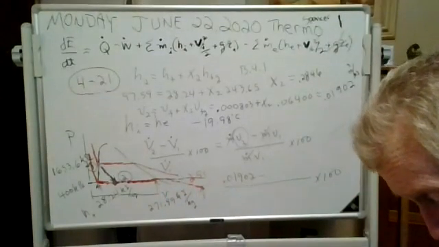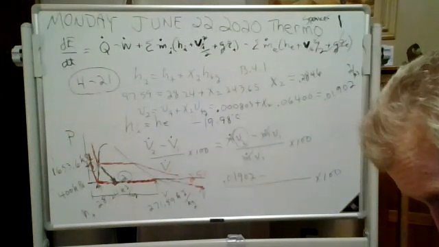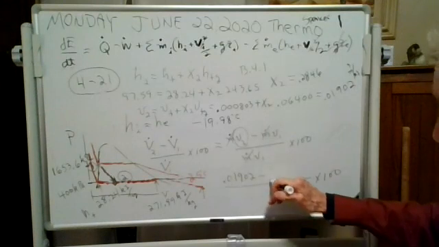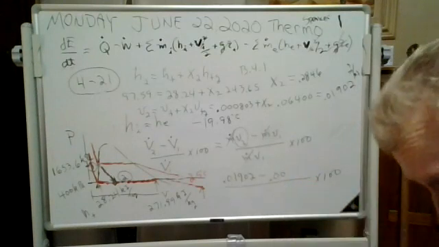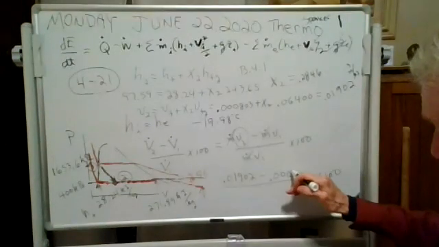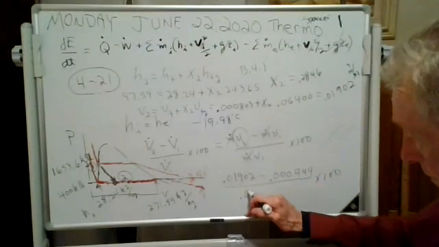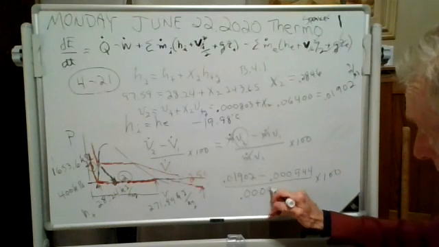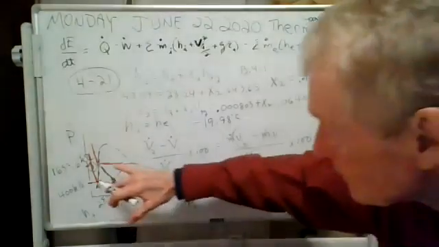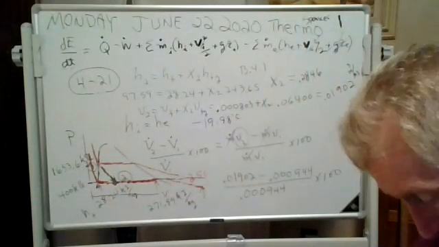And at state 1, it's 0.000944. There we go. See, it's state 1, the specific volume at 25 degrees,